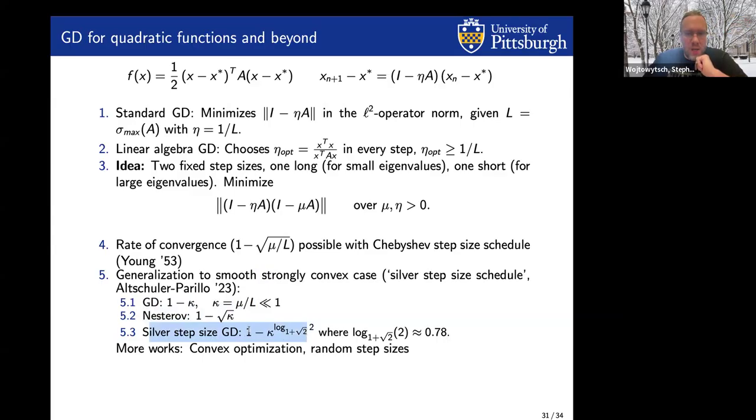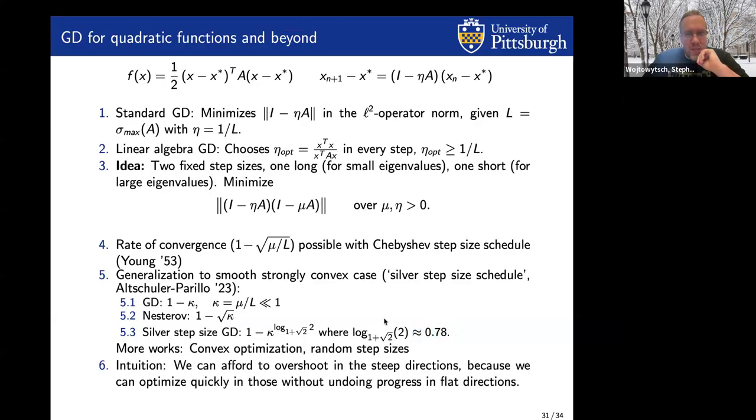converges at a rate that is somewhere between the two. Instead of power 1 or power 0.5, you get the power 0.78. This, by the way, requires not just two step sizes, but a sequence of them. But so yeah, I think there's an interesting analogy, because obviously with Nesterov's method, we do occasionally see increase. The same happens here, but